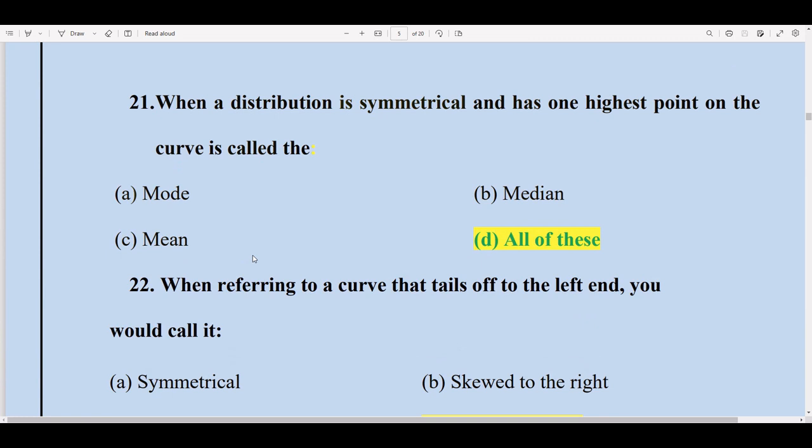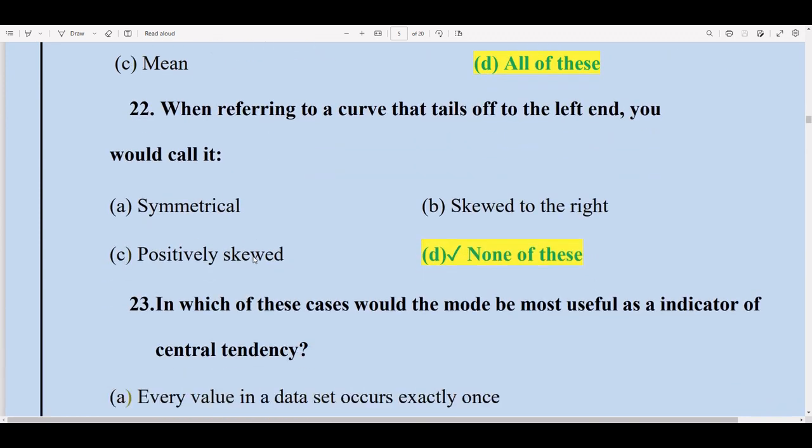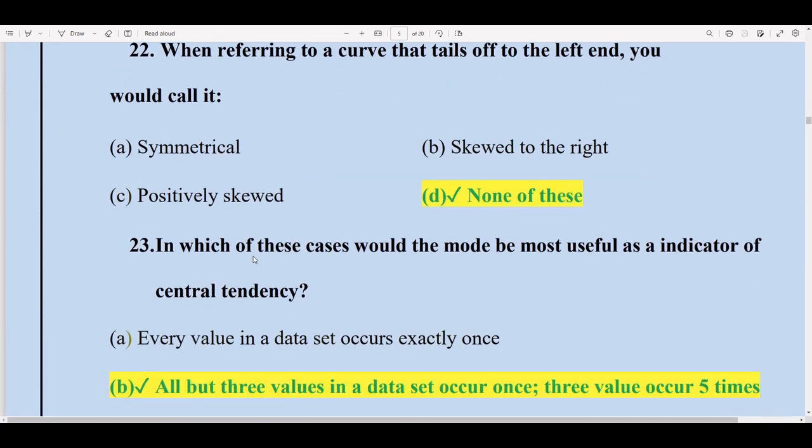When a distribution is symmetrical and has one highest point on the curve, it is called mode, median and mean, because in a symmetrical distribution, mean is equal to median is equal to mode. Any data set whose distribution behavior is symmetrical has equal mean, median and mode. When referring to a curve that tails off to the left, you would call it